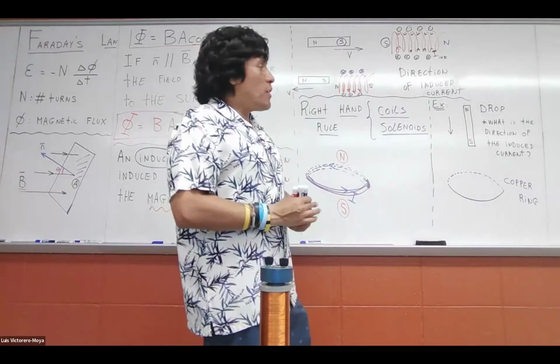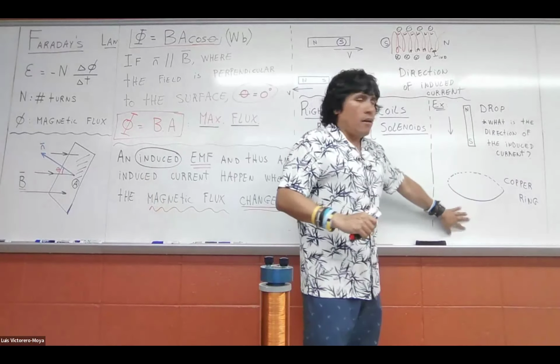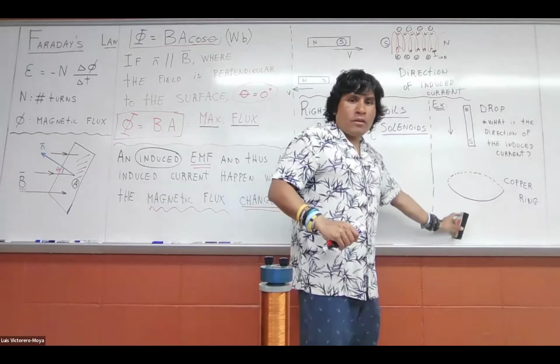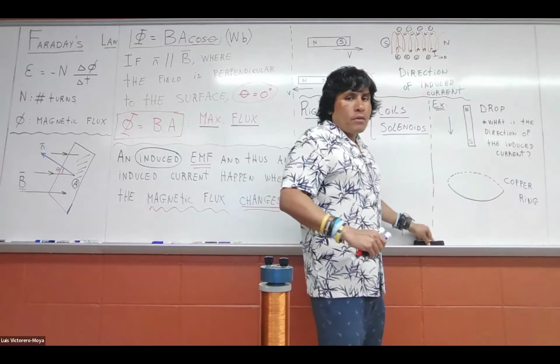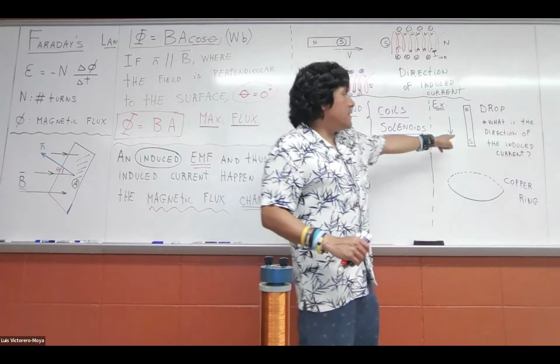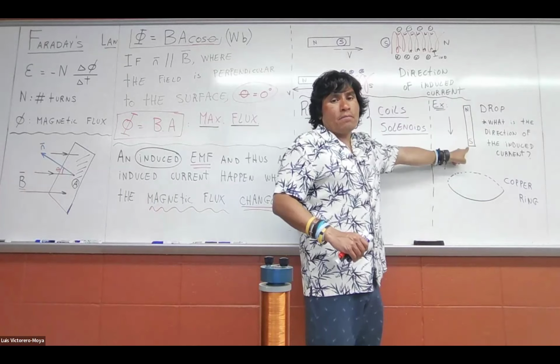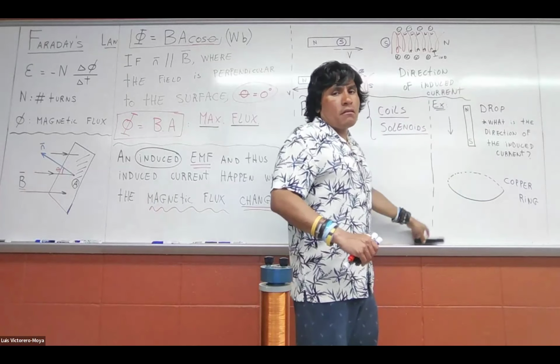Okay, the question is about when the magnet is here, right? So the magnet is here right now, and then what happens when it goes through? Let's practice what happens at this instance. When the magnet, this is north and this is south, when the magnet is dropped,